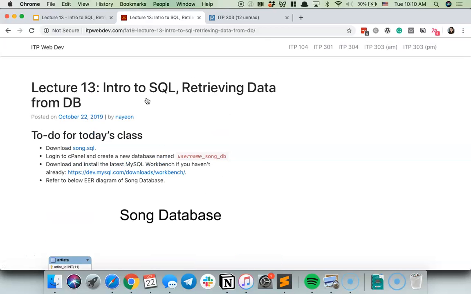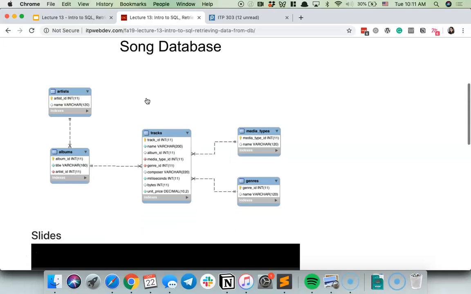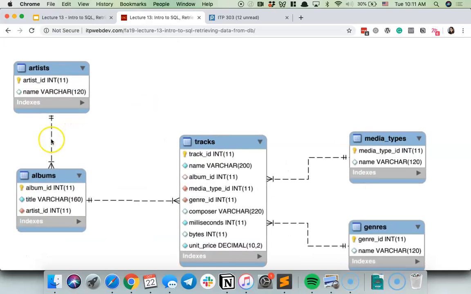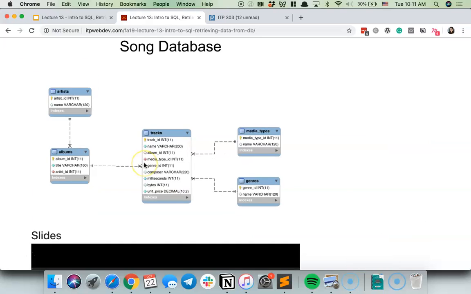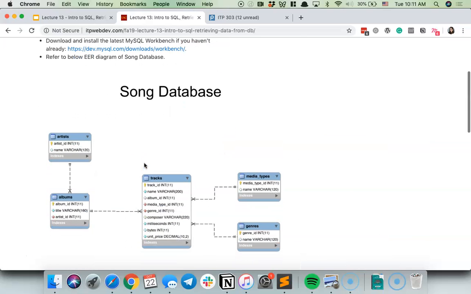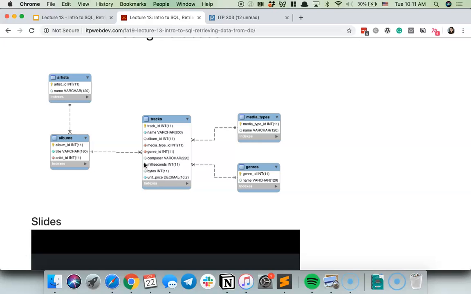We are going to create a brand new database. So last week, before fall break, you created your own database. We talked about how to design databases. This week, now that we covered how databases are designed and some terminology, we talked about relationships, primary key, foreign key, and all that stuff. Now let's go ahead and interact with the database. Let's write some SQL. We're going to be writing something called SQL to interact with the database, meaning we're going to be able to now grab data from the database. We're going to be able to search through databases.